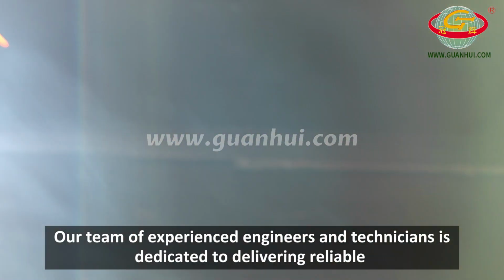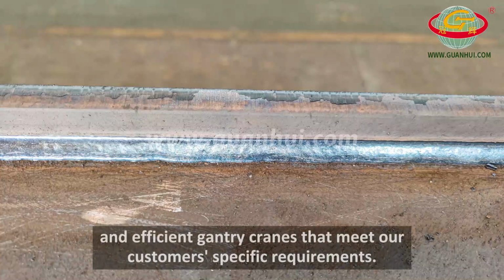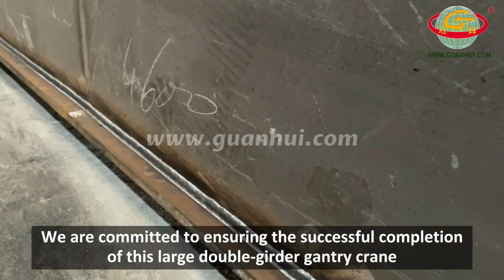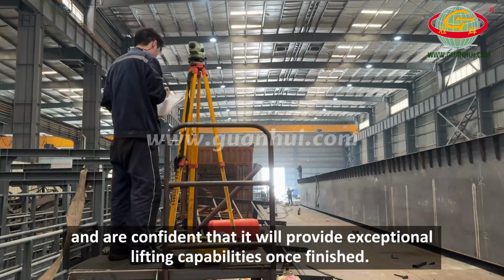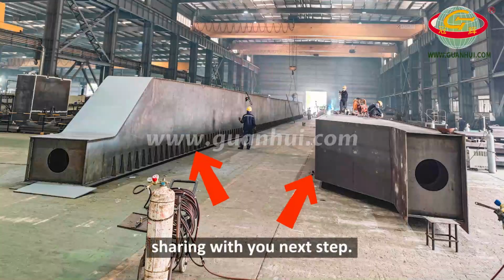Our team of experienced engineers and technicians is dedicated to delivering reliable and efficient gantry cranes that meet our customers' specific requirements. We are committed to ensuring the successful completion of this large double girder gantry crane and are confident that it will provide exceptional lifting capabilities once finished. Further information about the production process, sharing with you next step,